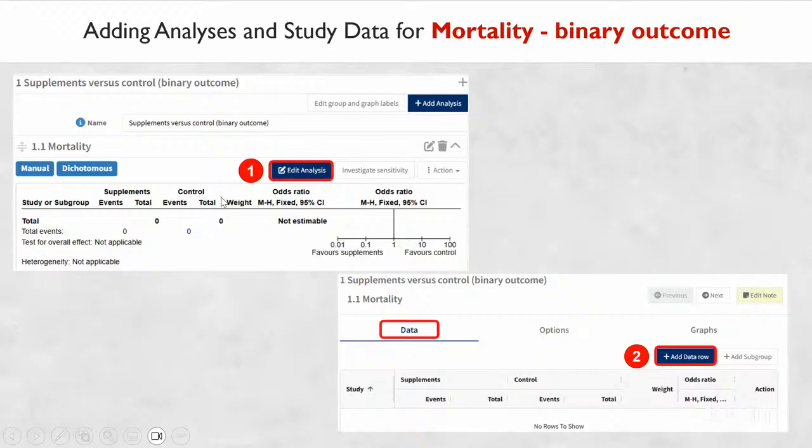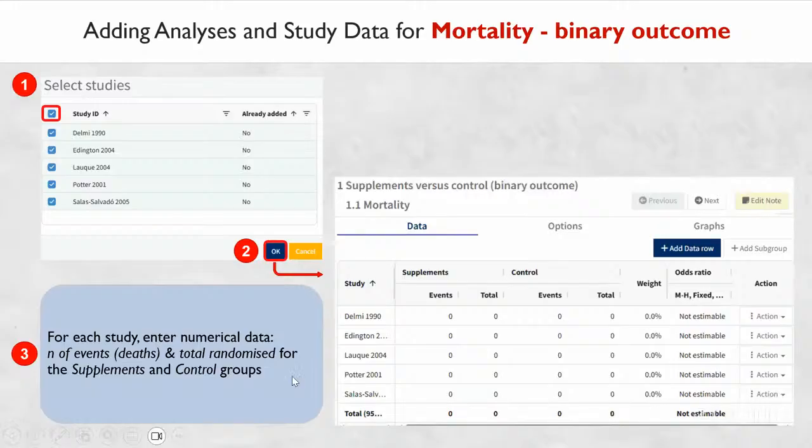After that, you click run analysis. It will be shown like this. All the analysis is in this screen. We didn't add the numbers for the event total, but it's just an example of how it will be shown to you. So if you want to edit as well, you can edit the analysis here, and then you can add data if you want to change anything.